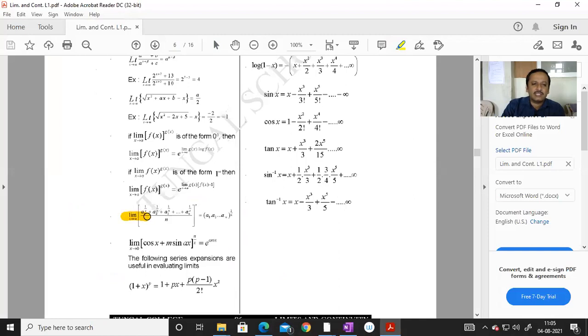Limit x tends to infinity, A1 to the power 1 by x plus A2 to the power 1 by x plus A3 to the power 1 by x, etc., up to An to the power 1 by x, divided by n, whole power x is equal to the product A1, A2, A3 up to An, whole power 1 by n. So limit x tends to infinity. What they have given here is